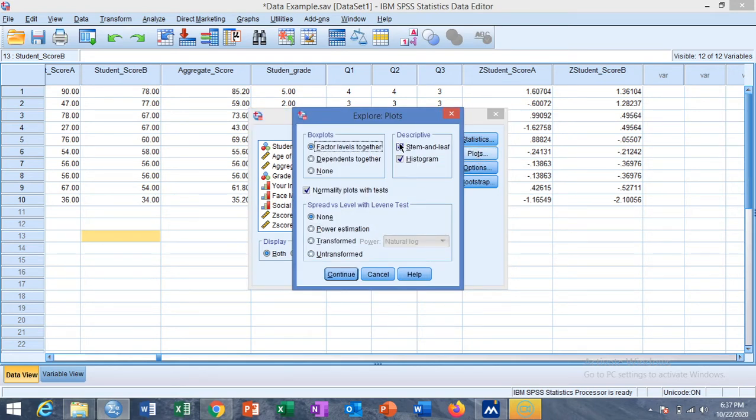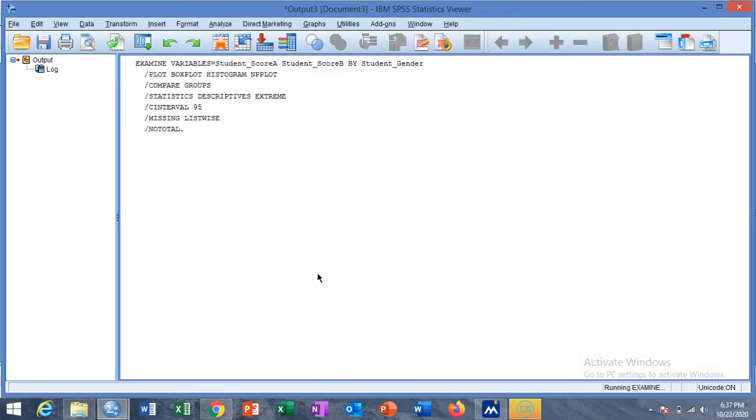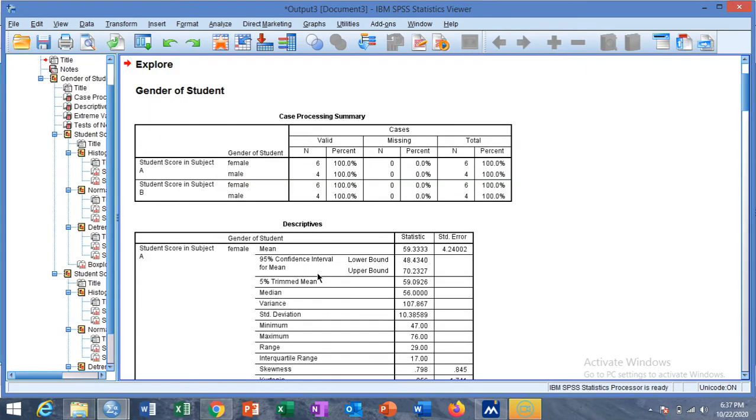Uncheck Stem-and-leaf, and select Histogram and Normality plots, then click Continue, then click OK. You will see the results.